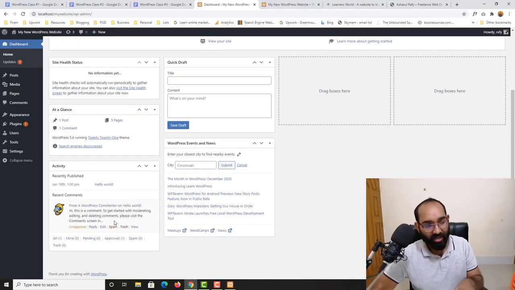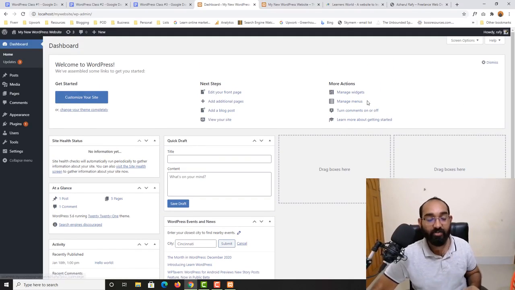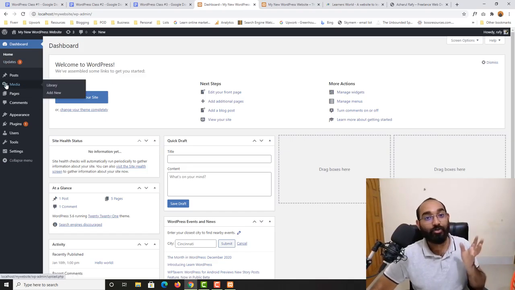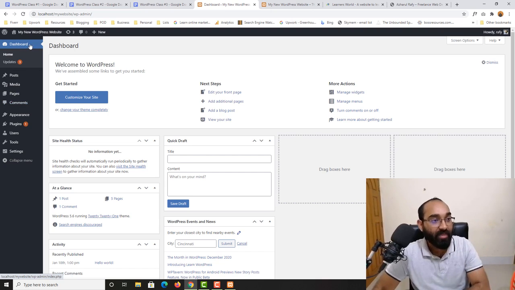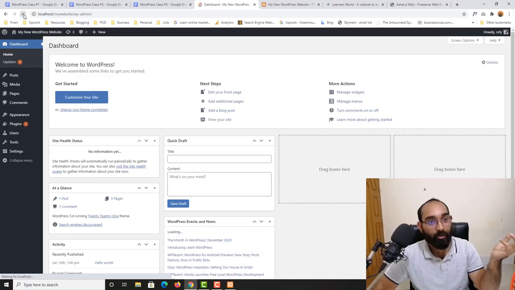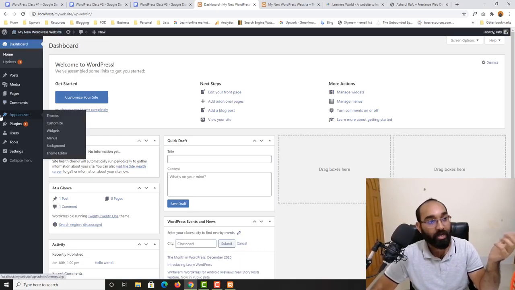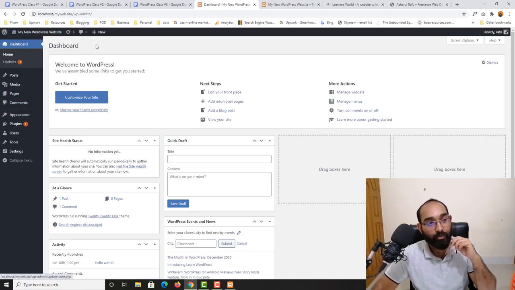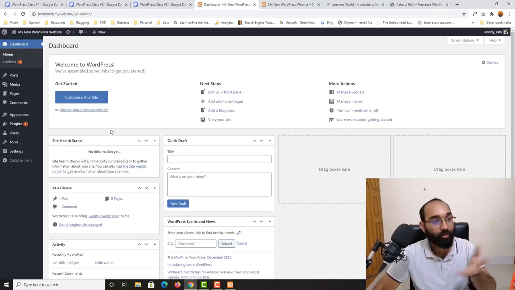We are going to talk about all of these things later, but first of all, let me talk about these sidebars, which contain really important information to know about. As you can see, after landing on the WordPress dashboard, if I reload again, you will land here on the dashboard. Then you are going to find this home tab, which is the dashboard homepage, where we can see all the information. And then you see this updates tab. So if I click on updates,